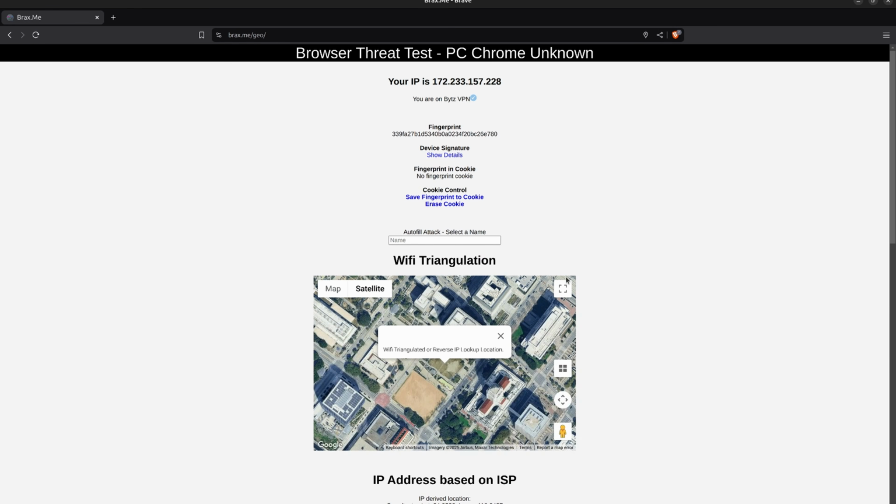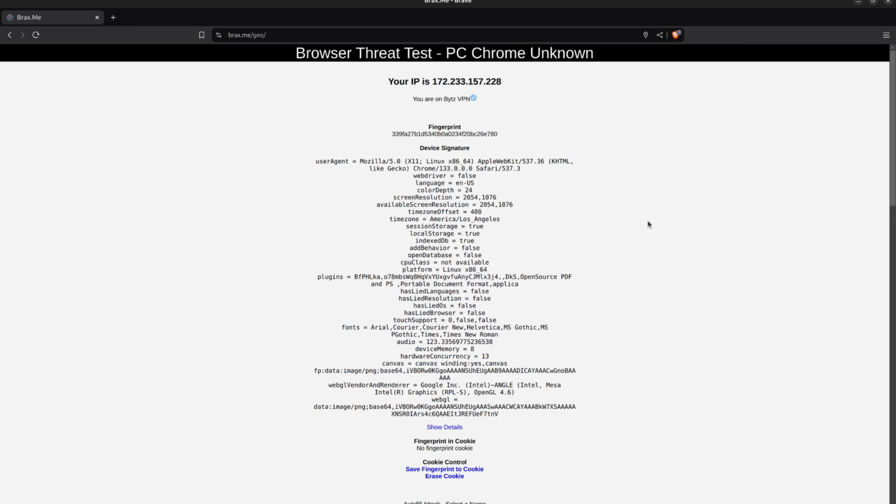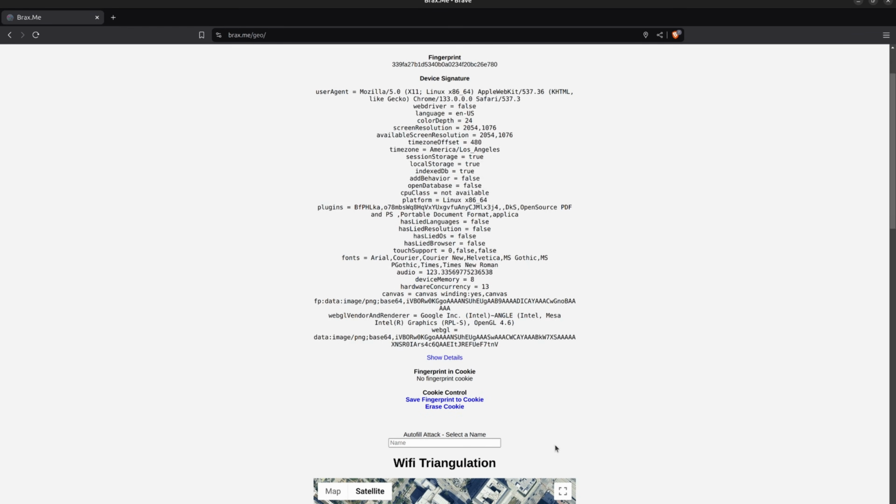If you want to see how fingerprinting actually works, go visit my example on Braxme/Geo. On this site, click on Show Details on Device Signature, and this will show you an example of what can be tracked. I haven't updated this in years, so there are more things now that can be used to track you. But as I mentioned in the intro, disabling JavaScript does not help you. It just becomes another rare signature that will reveal who you are, because few people would disable JavaScript. Anything unique creates a signature. If anything, you want to look as plain vanilla as possible.